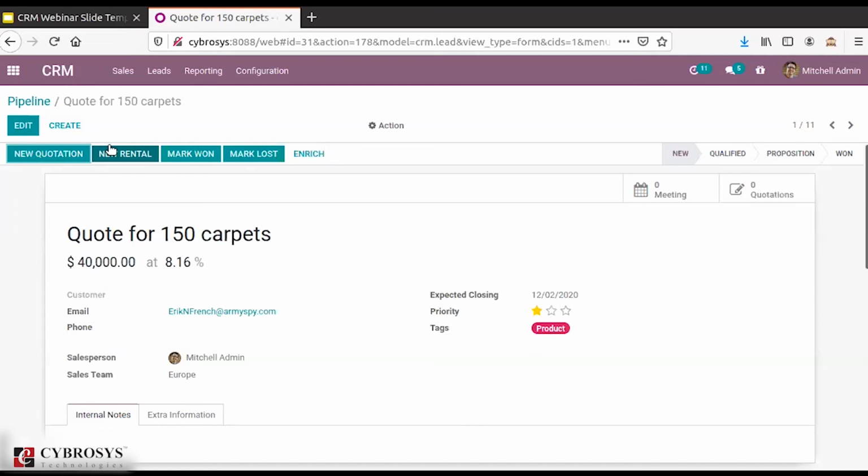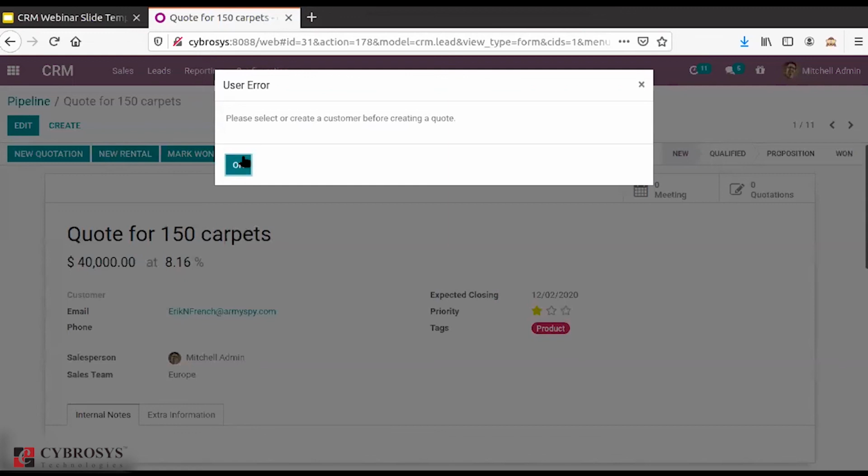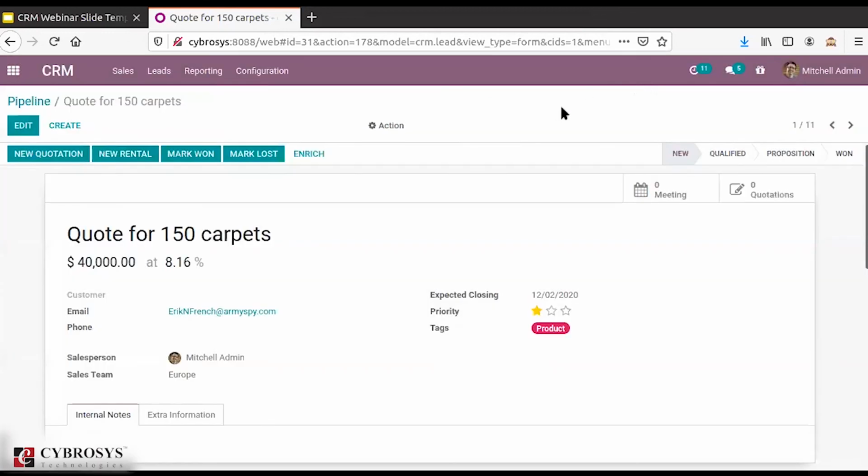So in short, we can say that it is used for obtaining products on rent for a certain period of time. Here you can simply add the rental orders. Right now it is showing some error since I have only installed the sales and the CRM modules.